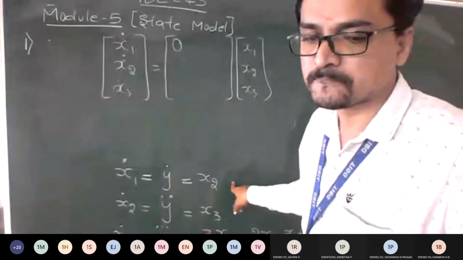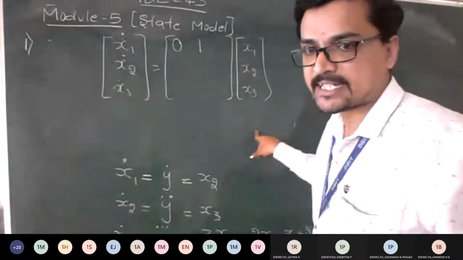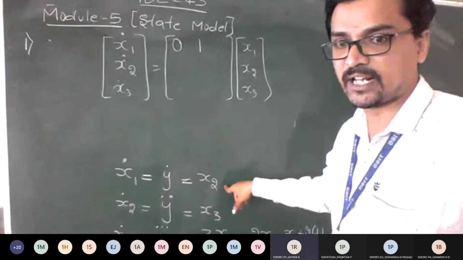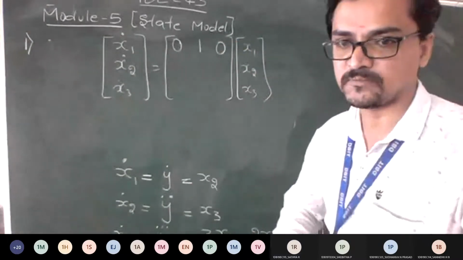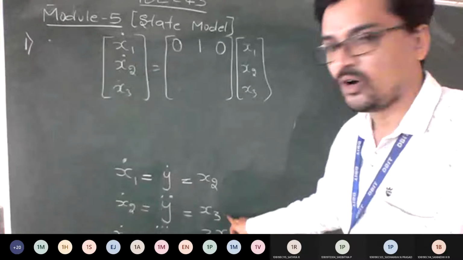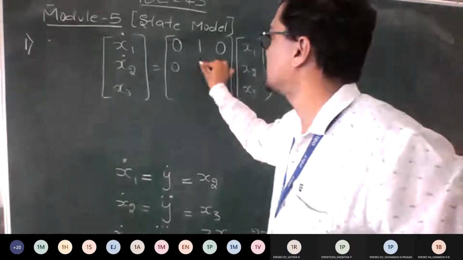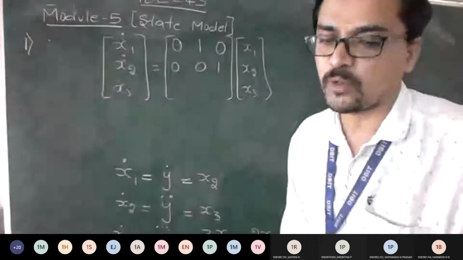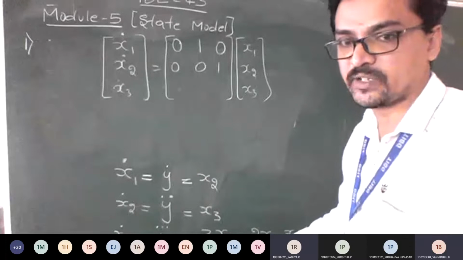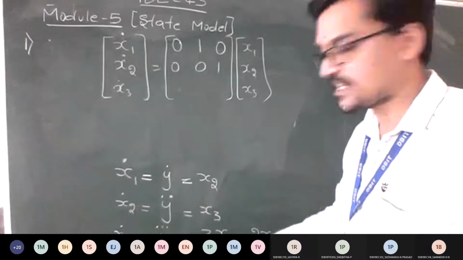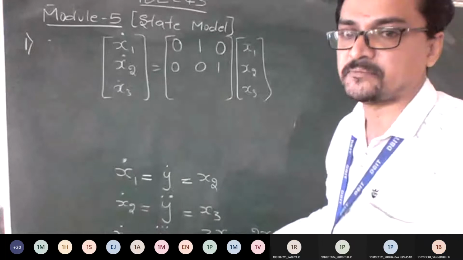Is x2 there? Yes, sir. 1. So I can mark it as 1. Is x3 there? You will see this and tell me. No, right? So the row is 0, 1, 0. Fine. In the second equation, only x3 is there. So 0 for x1, 0 for x2, and 1 for x3: 0, 0, 1. What about the last? It's in jumble, guys. So while writing, you should be very careful. Don't write the same thing, minus 3, minus 2, minus 1, blindly. Look at the coefficients and enter.